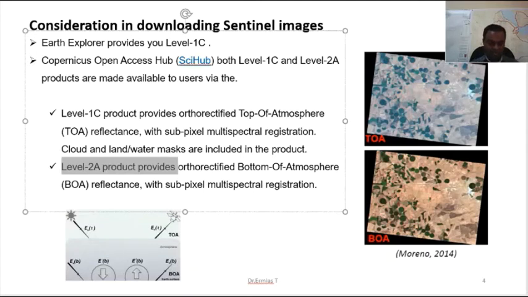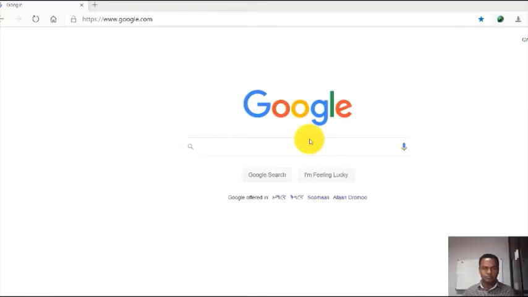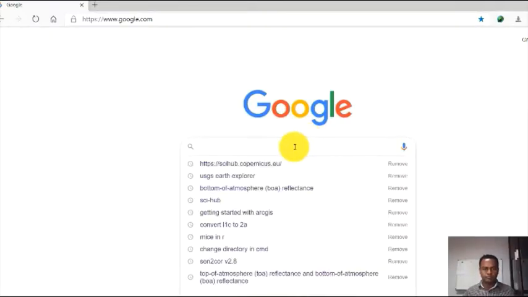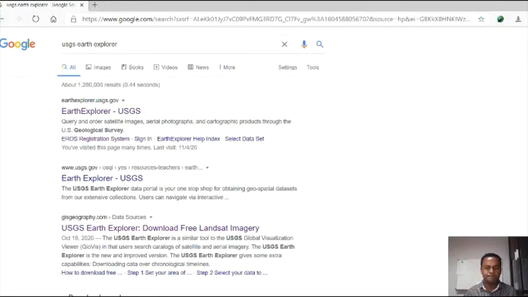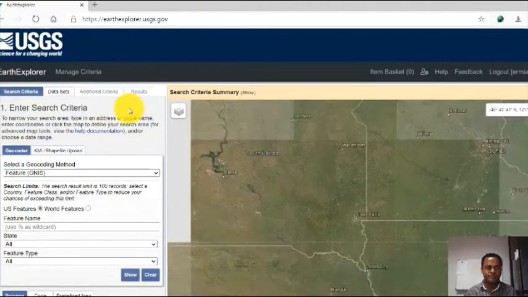Okay, so now let's have a practical session for downloading satellite imagery. In order to download free satellite images, in our exercise for the time being, we'll be using USGS Earth Explorer. So click on this Earth Explorer,